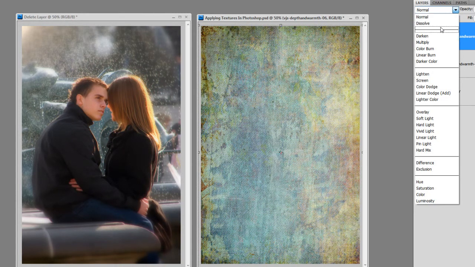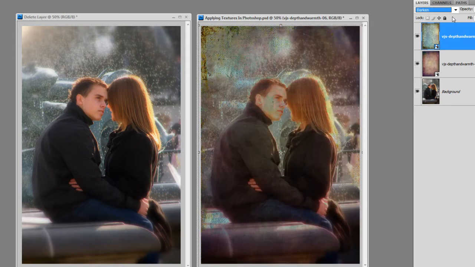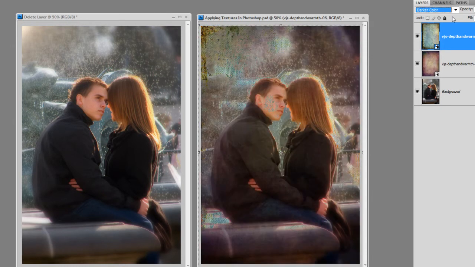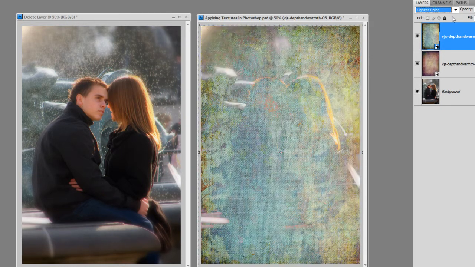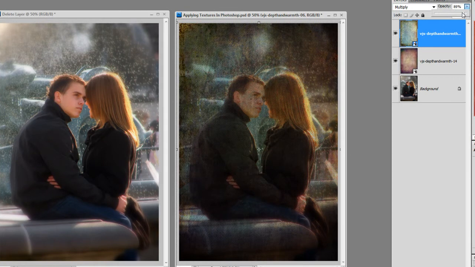Although I'm pretty well aware what different blend modes do, I may not know how they're going to apply this particular texture, so I usually like to cycle through them all, and to do that I just check normal, and then I use my keyboard arrow keys using the down key, and I just apply each one until I find something that I'm happy with. And in this case, I'm going to go with multiply,